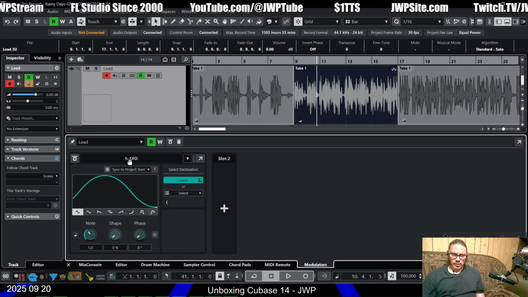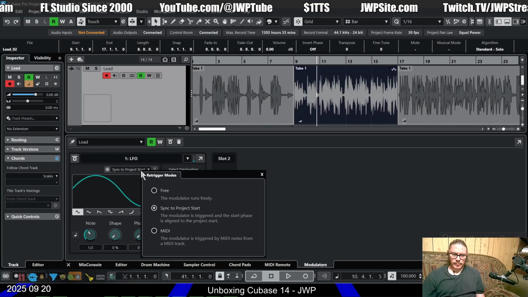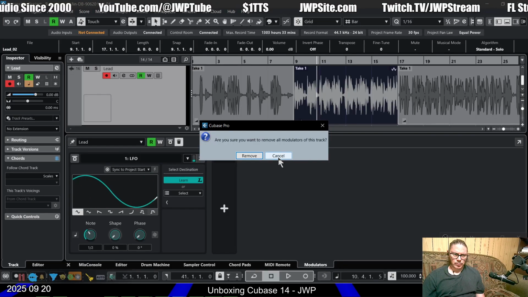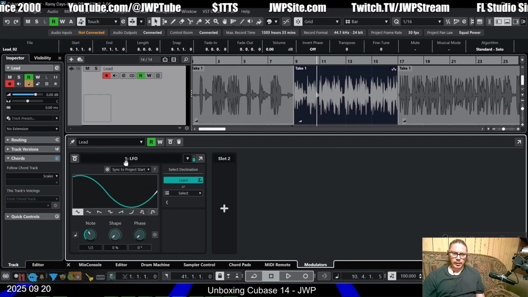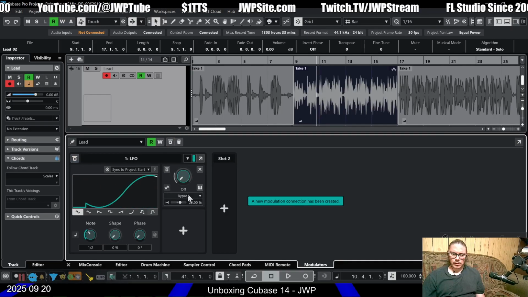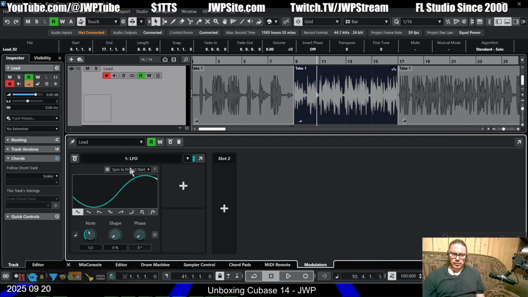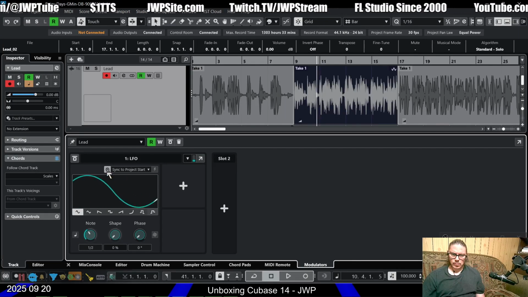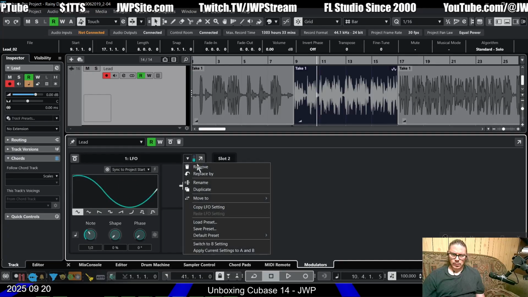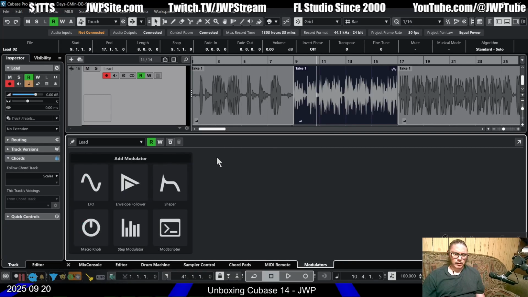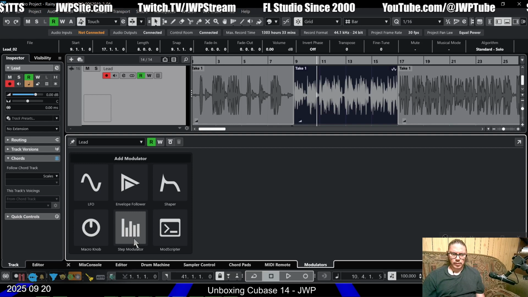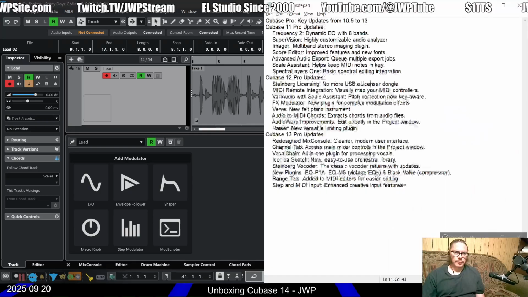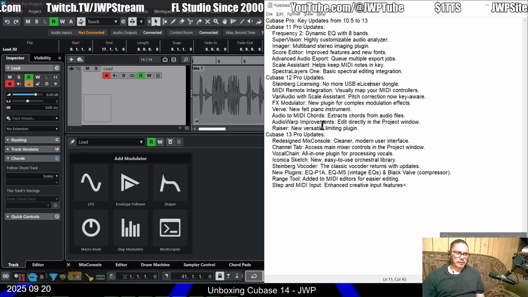Take off, man. Oh, here's a different one. This modulator runs freely. Garbage. Remove all. Oh, well, I don't want to remove all modulators. I just want to remove this one. This? No. This? There we go. Okay, so that's where that button is. And I got an envelope follower, shaper, a mod script, step modulator, macro knob, cool stuff. So then FX modulator,